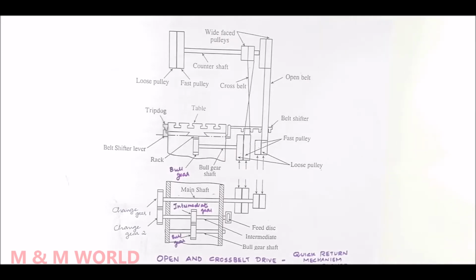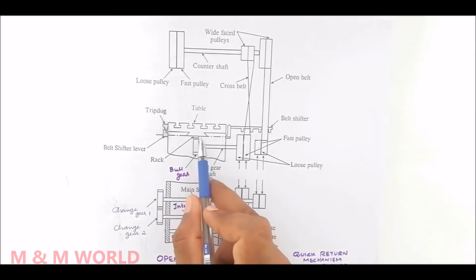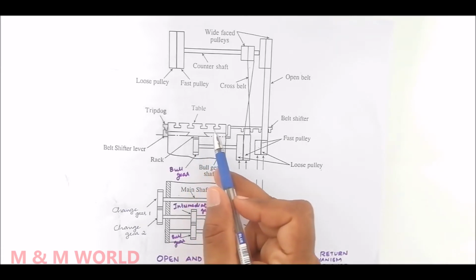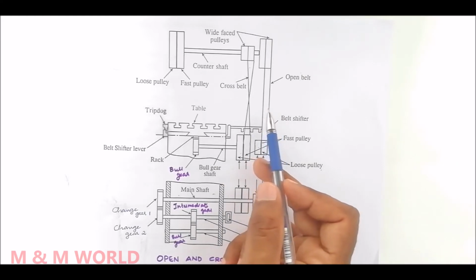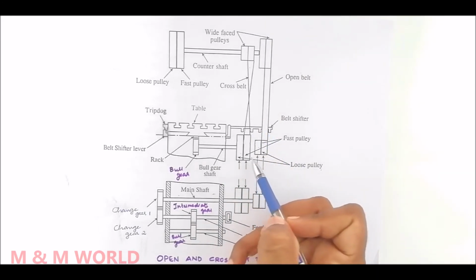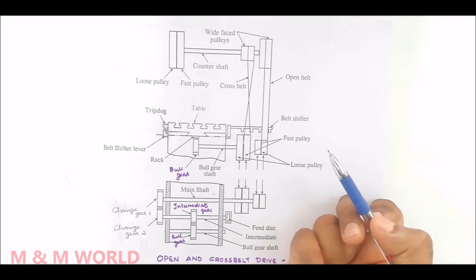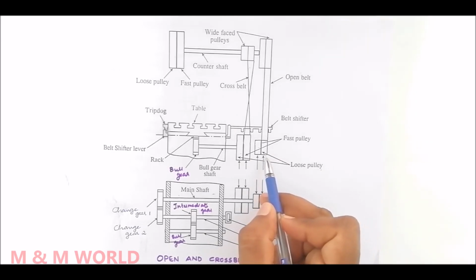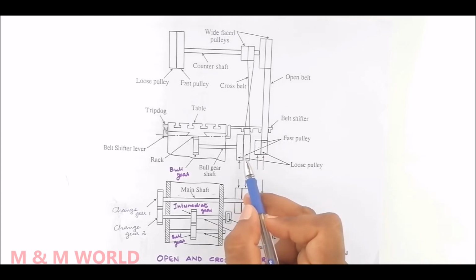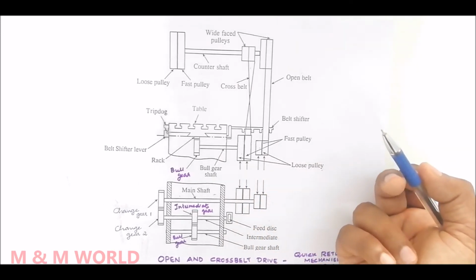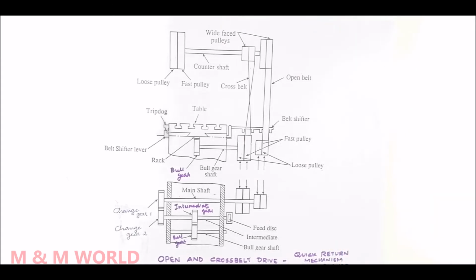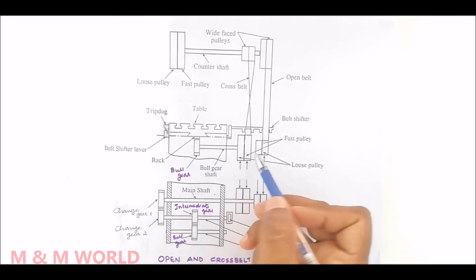So here the movement of the table is made by an open and cross belt drive which runs on these pulleys, the outer pulleys and the inner pulleys. The outer pulleys are loose pulleys and the inner pulleys are tight pulleys on the shaft. So what is meant by tight pulley and loose pulley? So on this shaft,